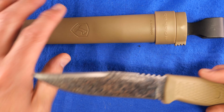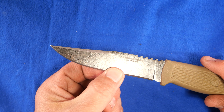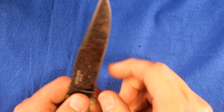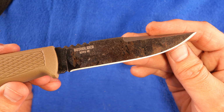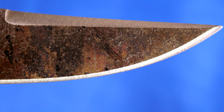So the specs are nice, except for how thick this thing is and how badly it's sharpened. It's a pretty good knife. I'm a little disappointed in how thick it is behind the grind, but it's fairly useful. Let me just show you again right now. Take a close-up of that. That's what it looks like right now